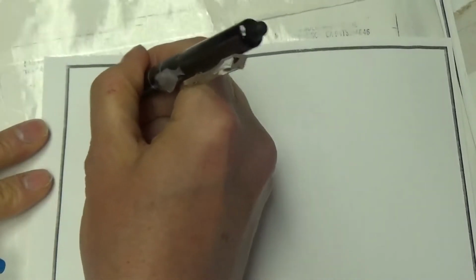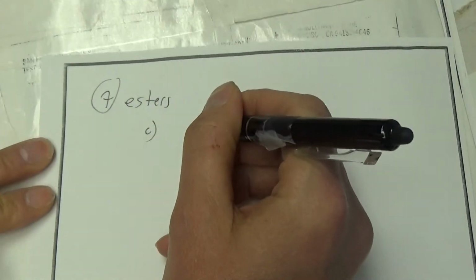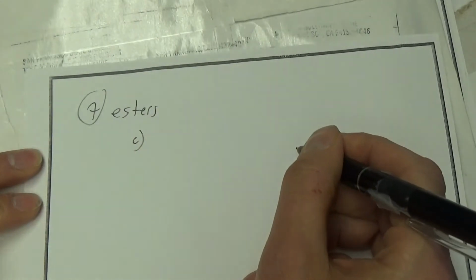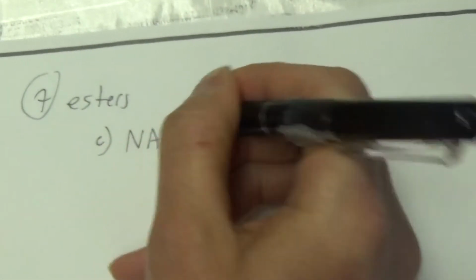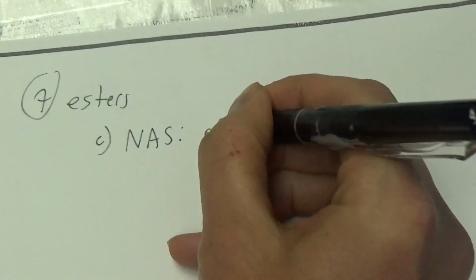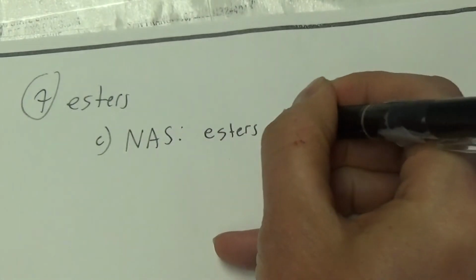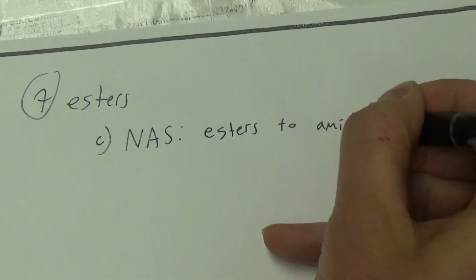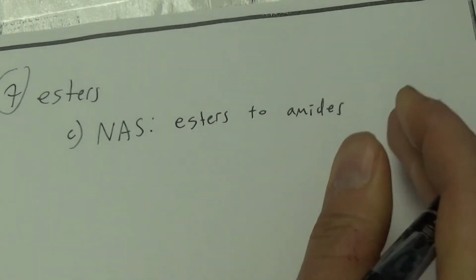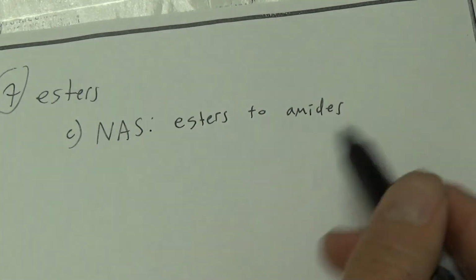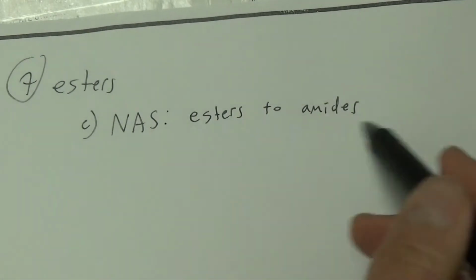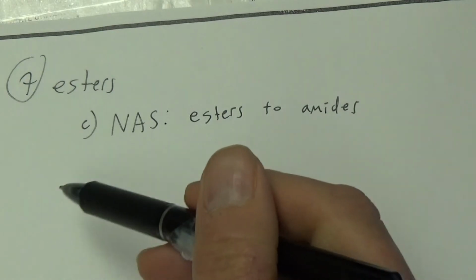Solid esters. One thing you can do using NAS is convert esters to amides. Convert esters to amides, because remember when we started with all of these carboxylic acid derivatives, we went from the reactivity of the leftmost reactivity all the way to the rightmost,